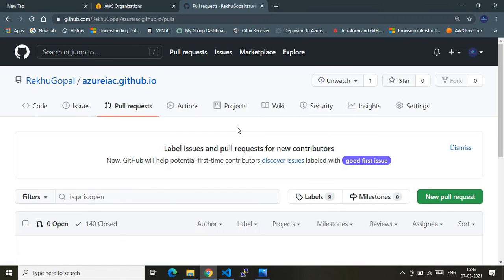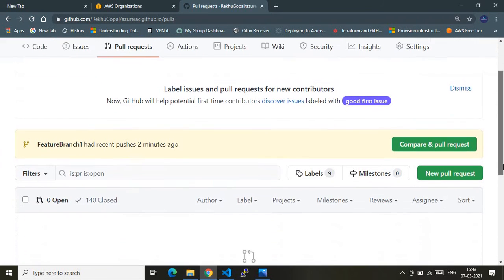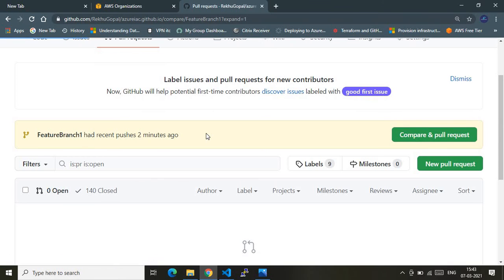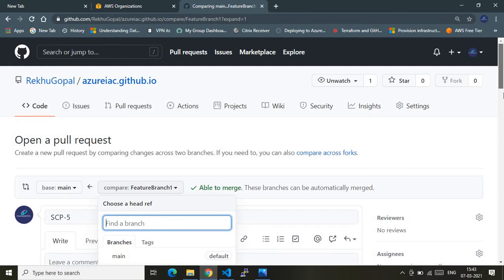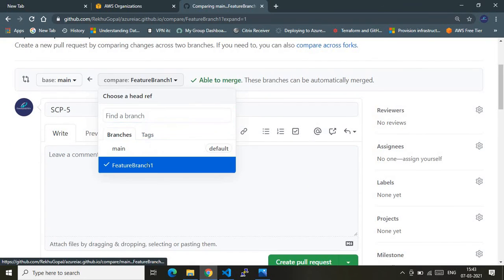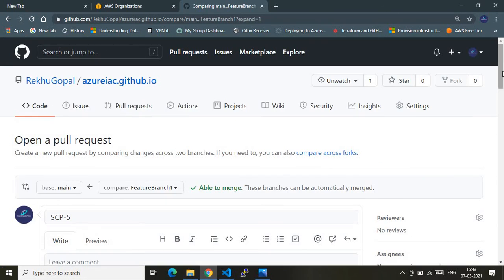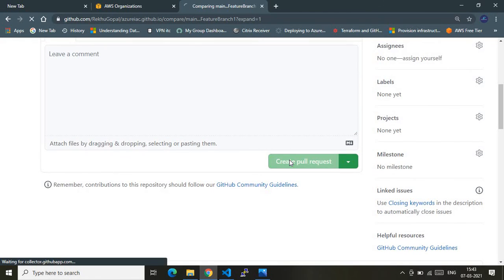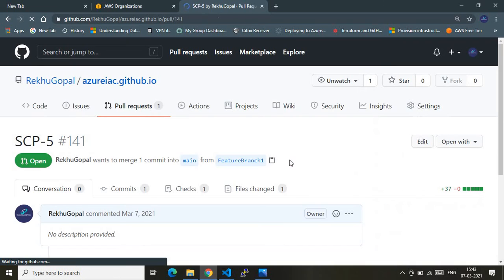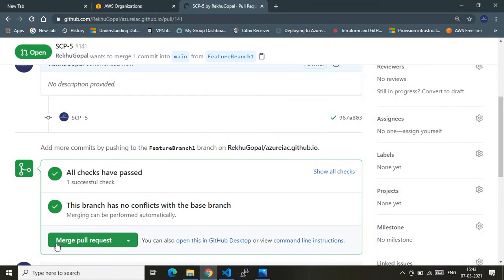Now, to run the Terraform apply stage, I need to create a pull request against my main branch, because I have defined the GitHub action in such a way that whenever somebody pushes code to the main branch, only then will the Terraform apply be invoked. That is something like a branching strategy in DevOps methods. So let me do that for you.